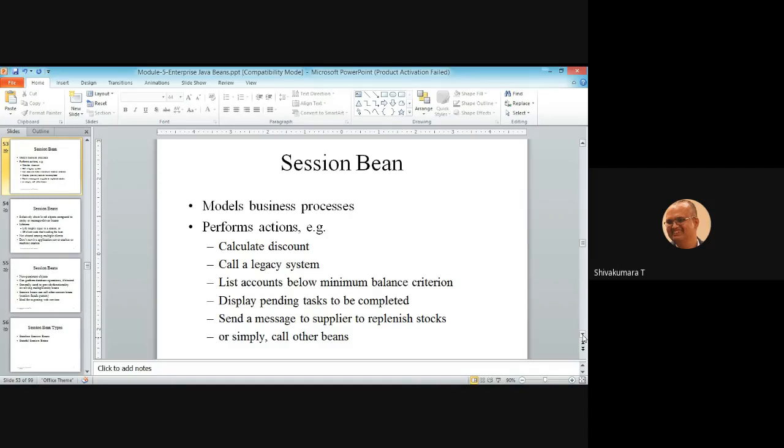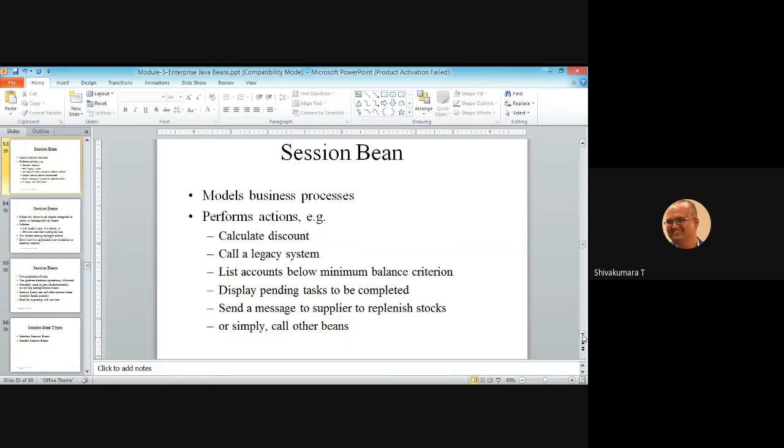Or you simply call other beans, forwarding the request from one bean to another. You can do all of this with the help of a session bean. So this discussion of the session bean is for building enterprise Java bean applications, right?